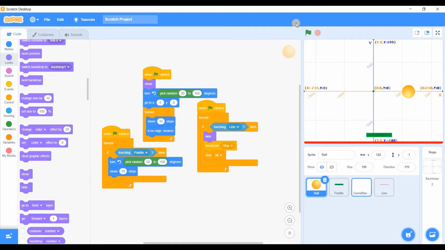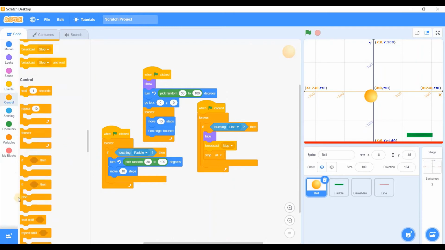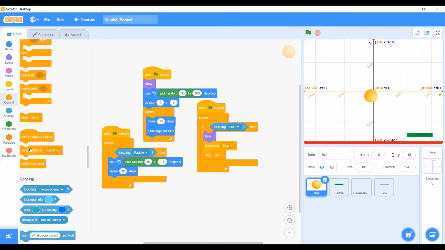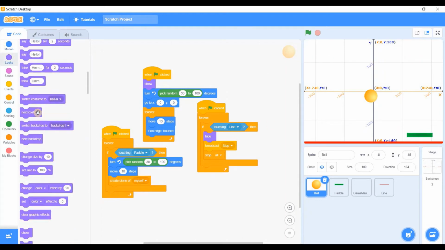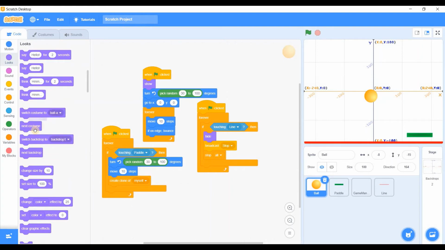Okay, so it should be working right now. Yes. We can control our paddle, the game's looking nice. But the problem is, again, it's not challenging. So whenever it touches the paddle, I will call this function, create clone of myself. This will make the game more challenging, and to make it more graphically attractive,